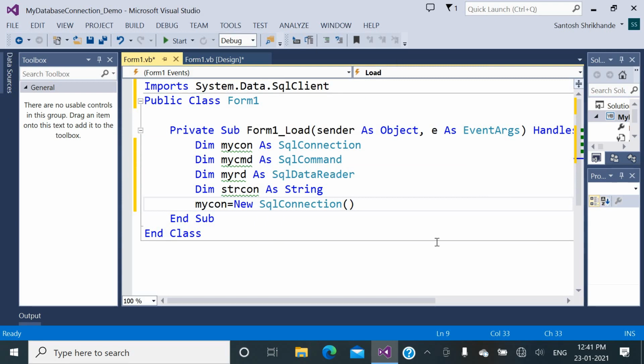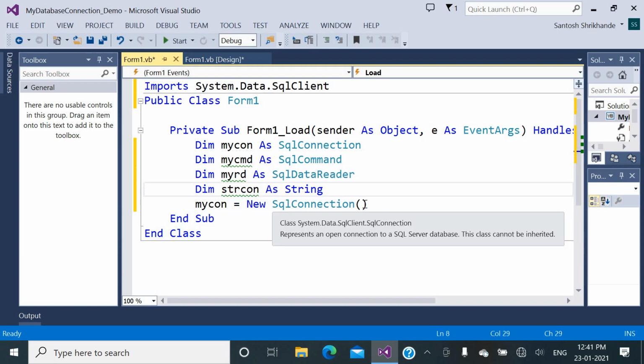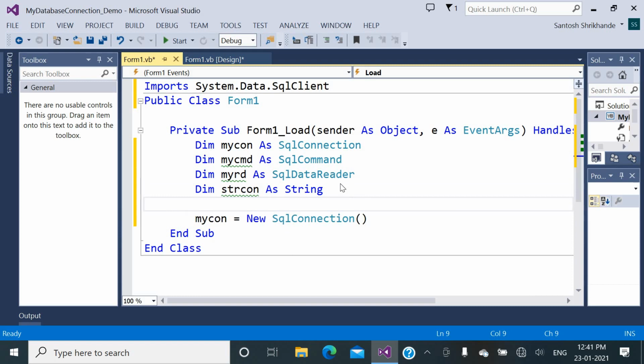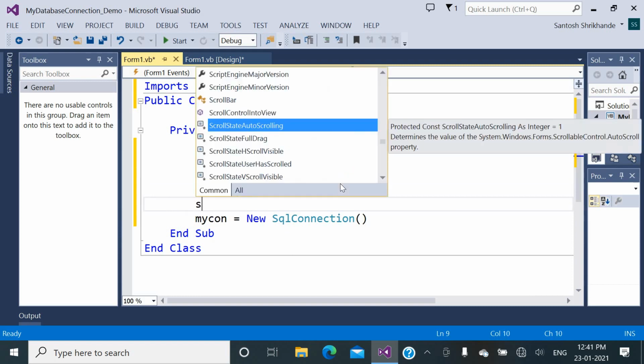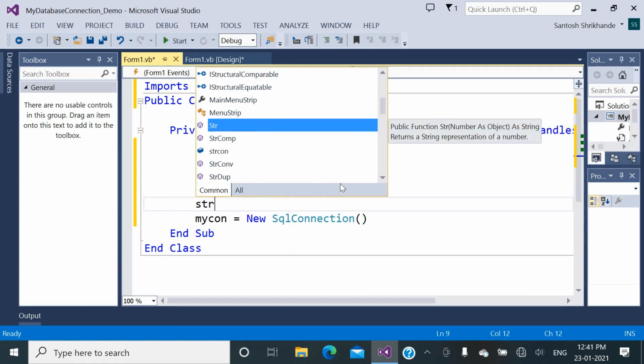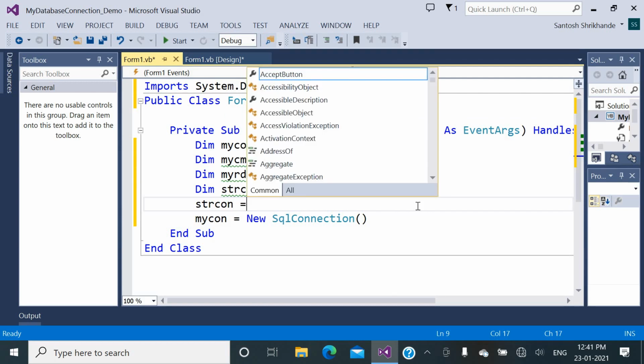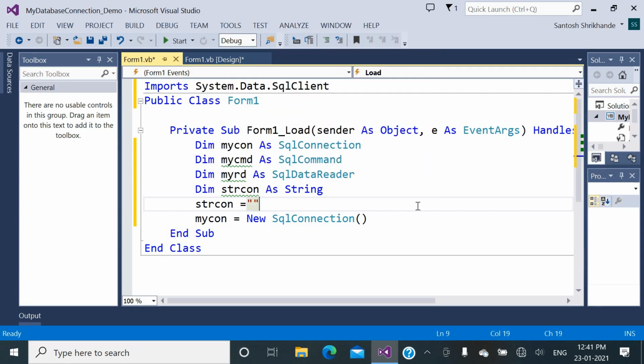So we have to have the connection string with us, so that we can provide it into the connection object. But before that, we need to load the connection string into the variable strcon. We need to declare strcon is equal to, and here we need to paste the connection string.